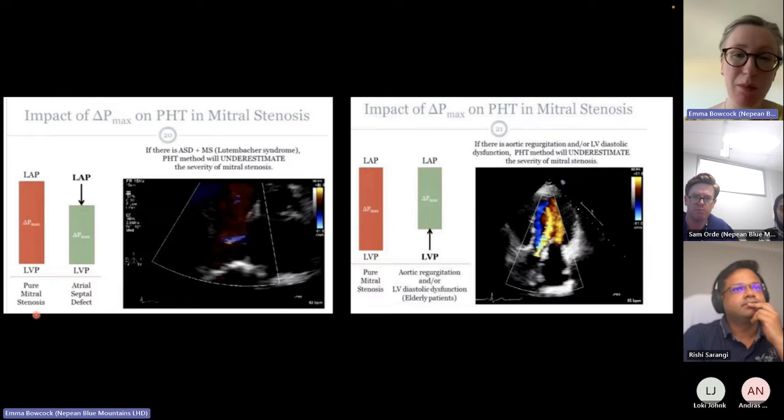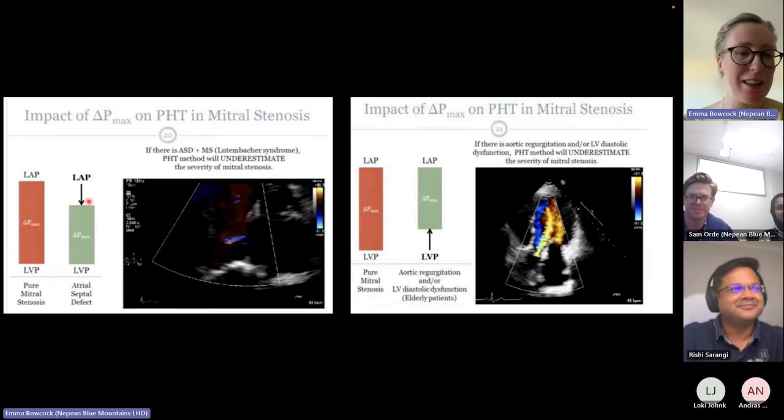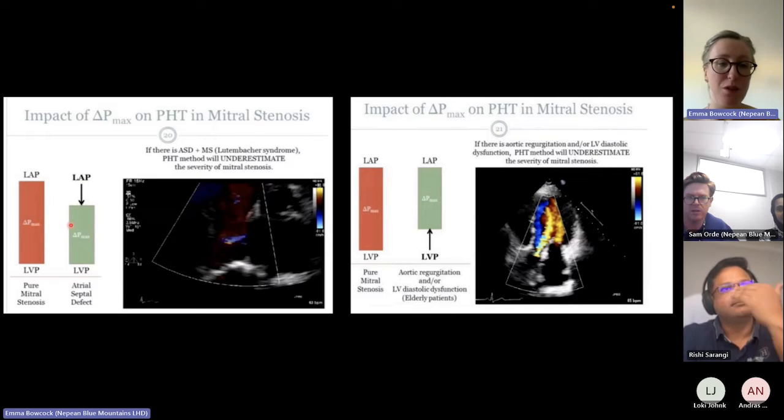So Lutembacher syndrome, again, this is an ASC work. If you've got a patient with an ASD and mitral stenosis together, that's called Lutembacher syndrome, pub quiz stuff, unless you're a cardiologist, of course, and then you need to know all of this. What that means is your blood is all shunting across to the left side, and so your left atrial pressure is reduced. So your actual